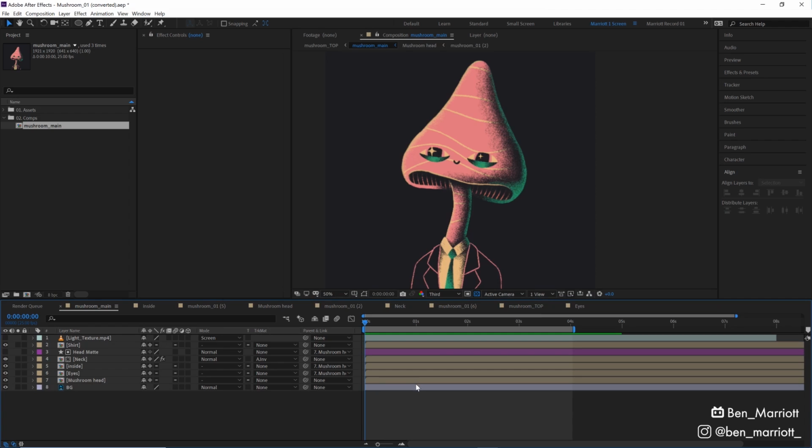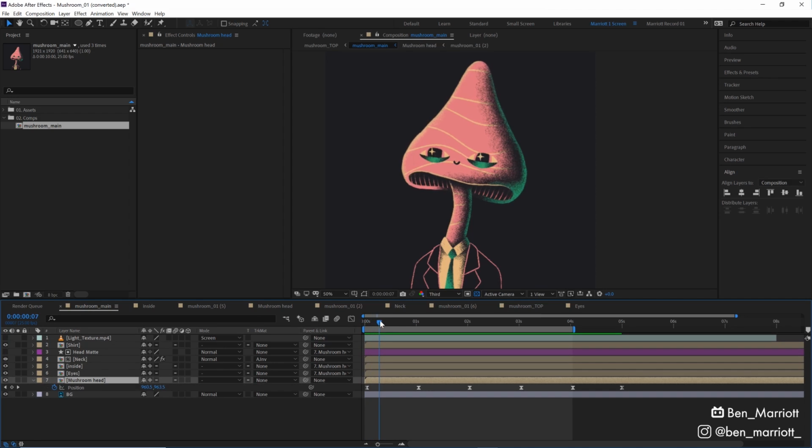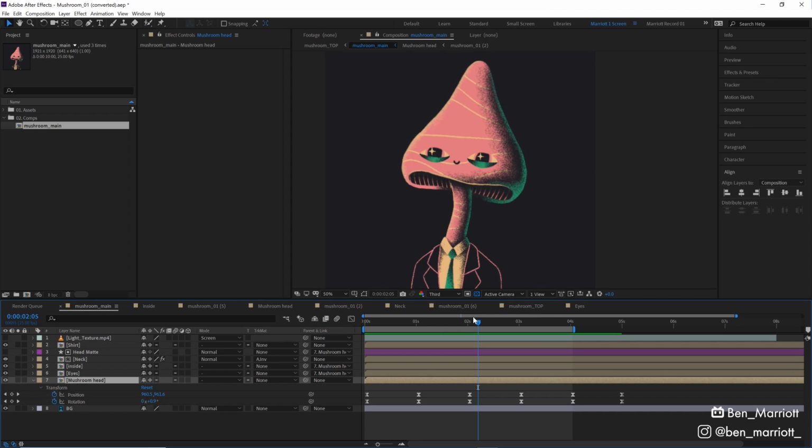In our main mushroom comp, we've got a different composition for each of his different objects. His head, his eyes, the inside part here, and then for his shirt as well. The head bobbing up and down is done with 2 position keyframes alternating between an up and a down position at 1 second intervals just to keep it easy. And then some basic easy easing applied to them. It also rotates from -1 degree to 1 degree between these 2 positions just to make the animation a little